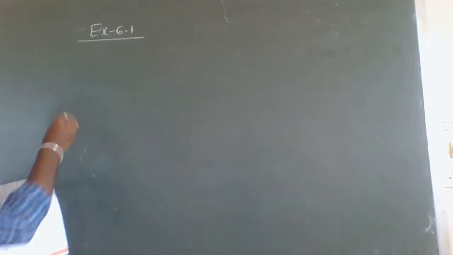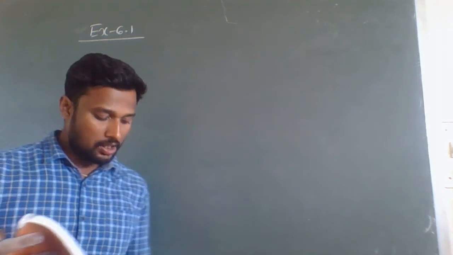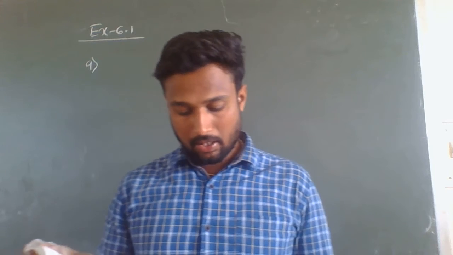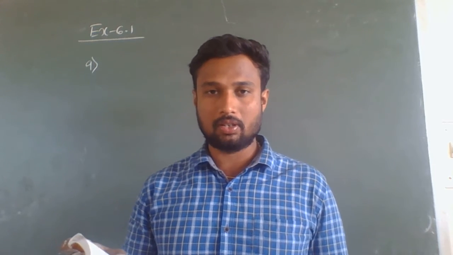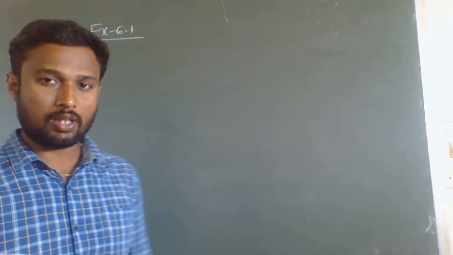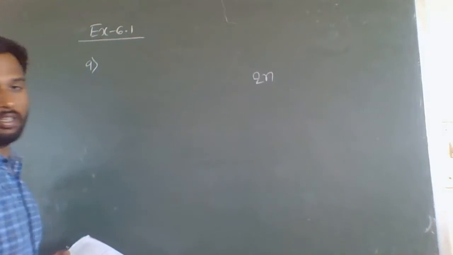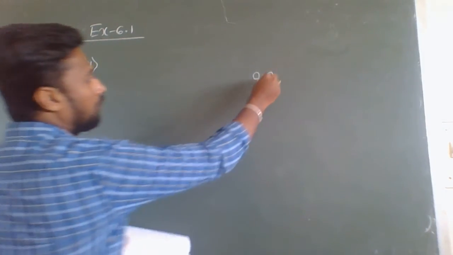So here in 9th question, what they have given is: how many numbers lie between squares of the following numbers. So the formula to count the numbers between square numbers, what is that? We discussed this in the introduction part only. Always there are 2n numbers between two square numbers.